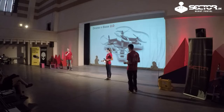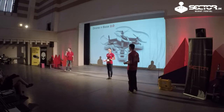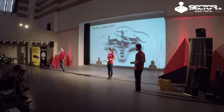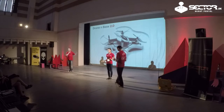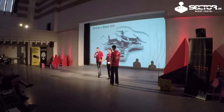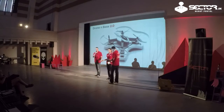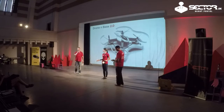This design was developed in cooperation with Bystrik Míček, Slovak designer from company Motion. He was the designer of Mercedes G6x6, and the best feature of this new design is you can change the color of your drone. It is a very good feature for multiplayer games because you can better recognize which is yours. You can personalize your drone in your application,